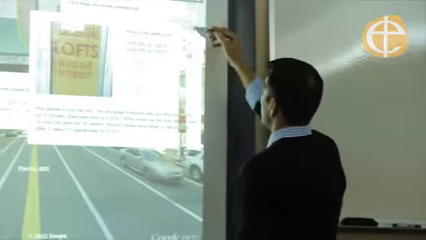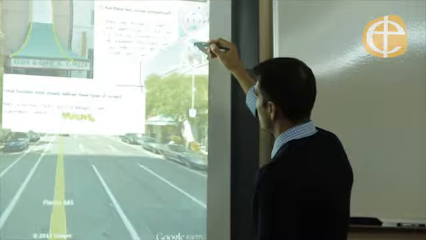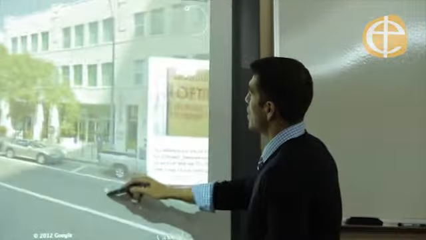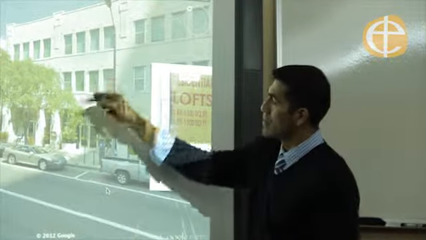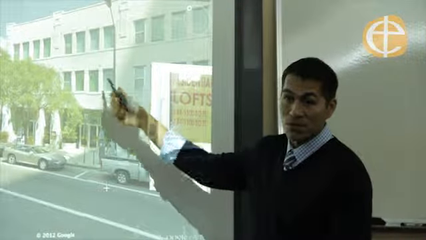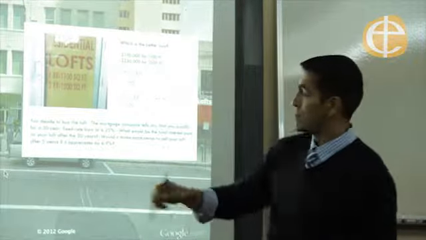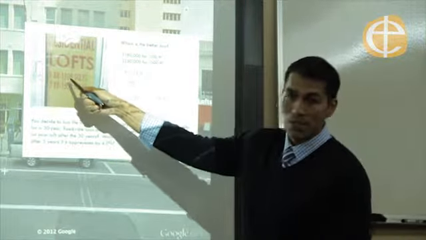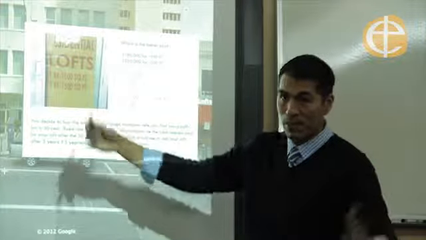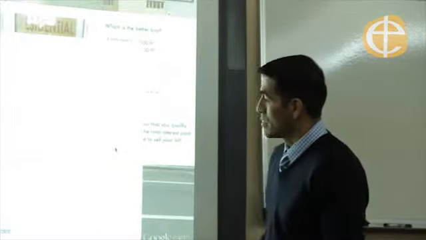So here we have a walk. So we're going to walk down the street a little bit more, right to about here. And there's this building, and they're selling these lofts, these condos, okay, these flats. And so one of the questions that I could use, and I use my phone to do this, is for 1 bedroom, it's 1,100 square feet. That's how big it is. And 2 bedrooms is 1,500 square feet. So one question I could ask is, which is the better buy, right? Which one is better for me? And so you can see here